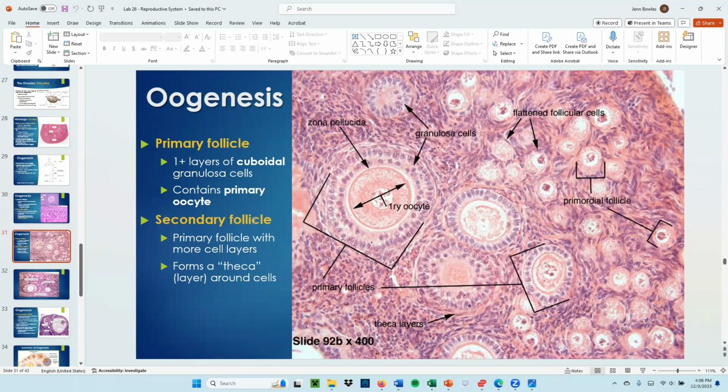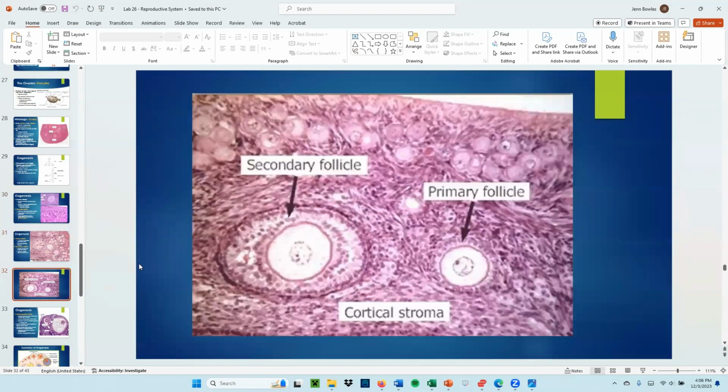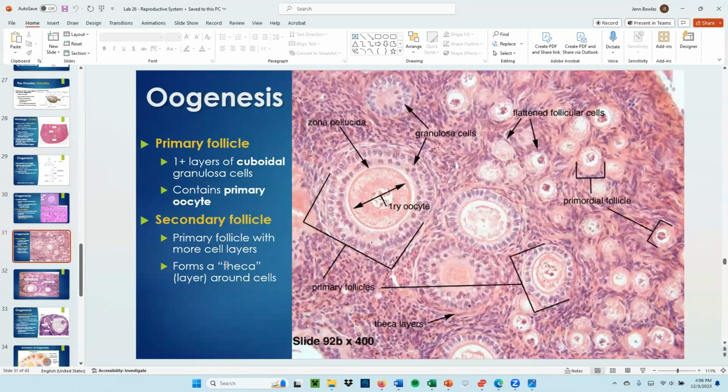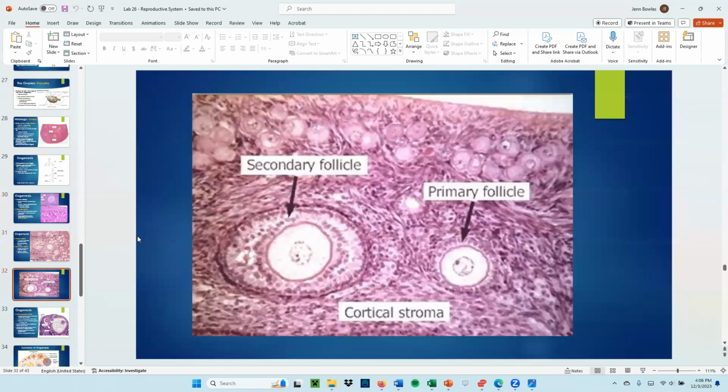The main difference between primary and secondary is we just have more layers. In the secondary follicle, you're still dealing with cuboidal epithelium, but there are a lot more layers. So this is the primary follicle; it just looks like one layer of cuboidal cells. You can start to see those cells are expanding, and then we have this additional structure encapsulating the whole follicle. This is not testable, but that structure is called a theca. It looks like a little membranous border around that secondary follicle. The thing in the middle is still a primary oocyte, so that has not changed throughout this entire development